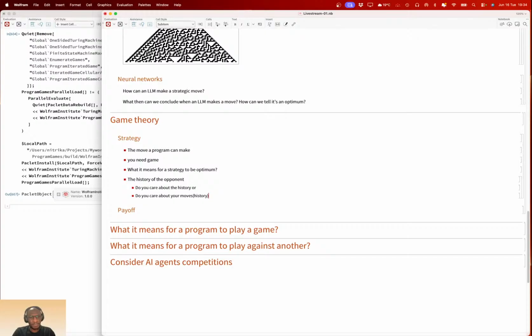But if you care about just the opponent's history, then you will have a better way to know how to beat the opponent. So you reduce the noise, and only focus on just what you want to beat.